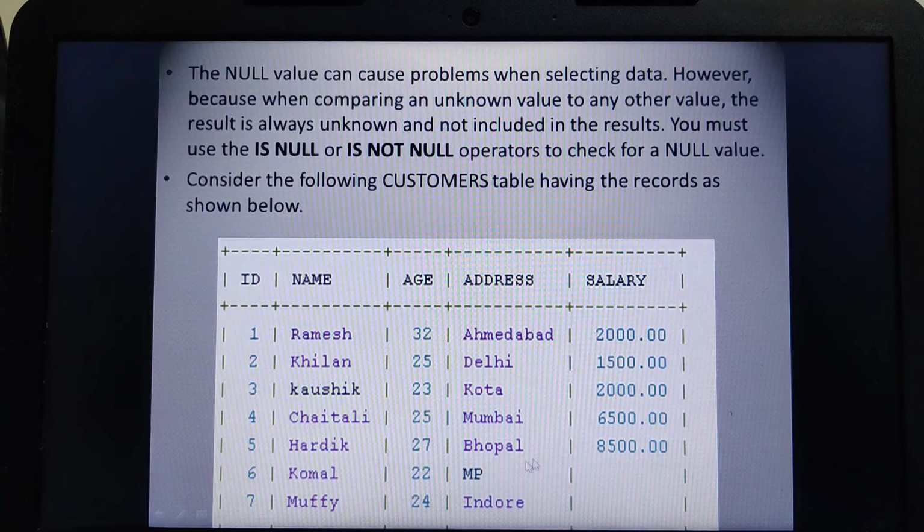Whenever we compare an unknown value to any other value, the result is always unknown and it is never included in the results. Therefore, you should always use the IS NULL and IS NOT NULL operators to check for null values.